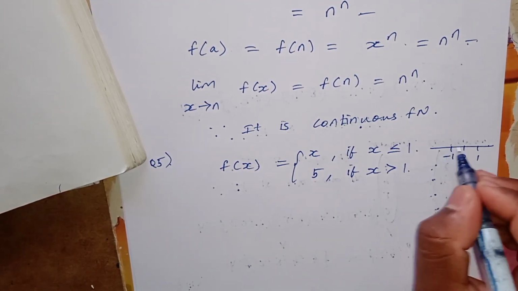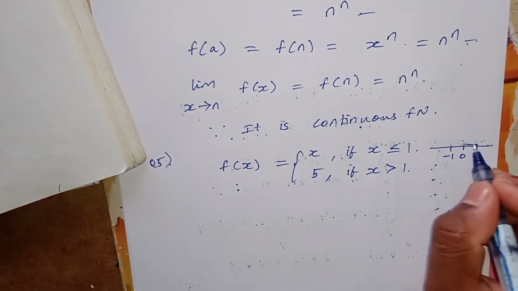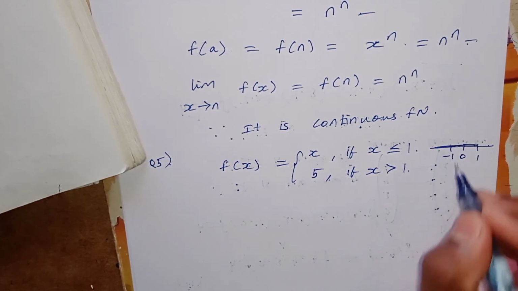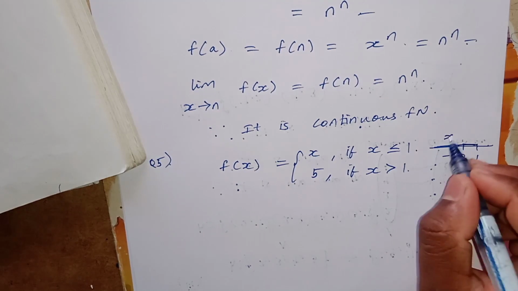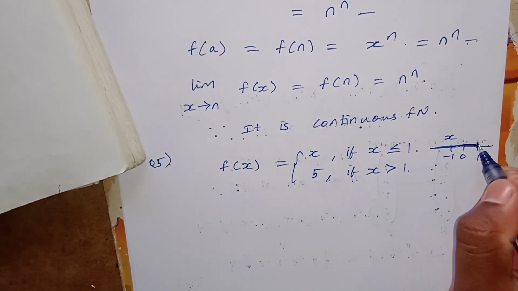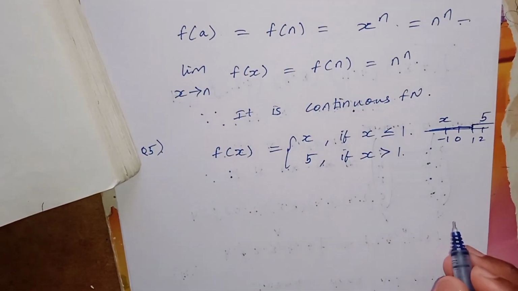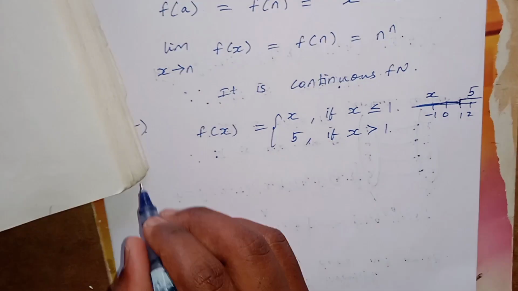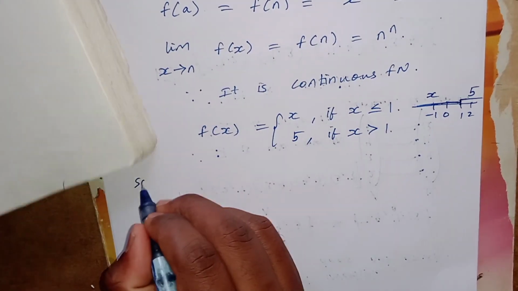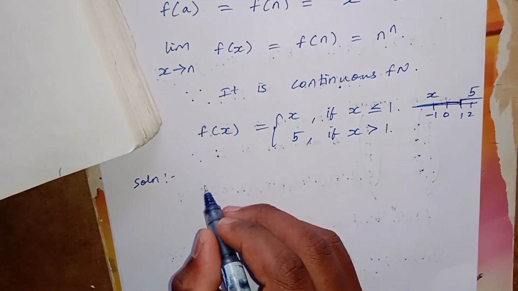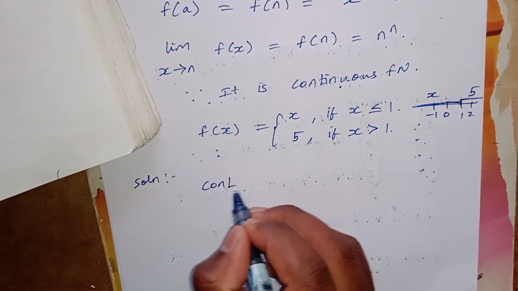Okay, less than means minus 1, minus 0, this is my less than. Here it is x. Greater than 1 means here 2, 3 up to plus infinity, here the value is 5. Okay, now you have to check whether the given function is continuous